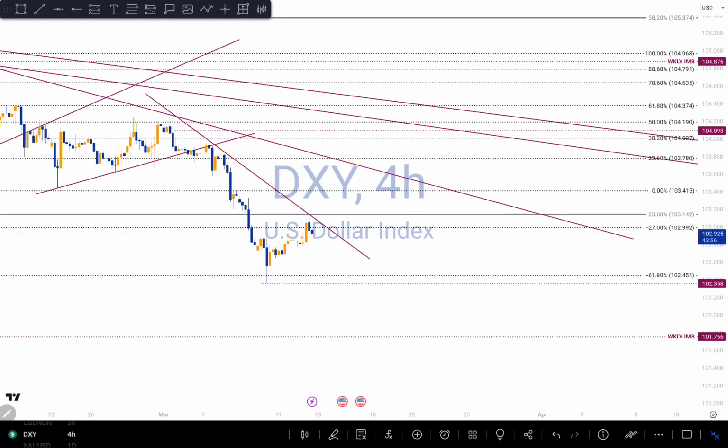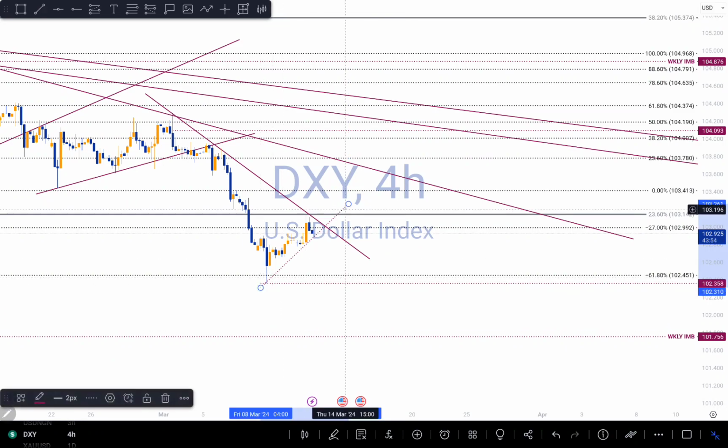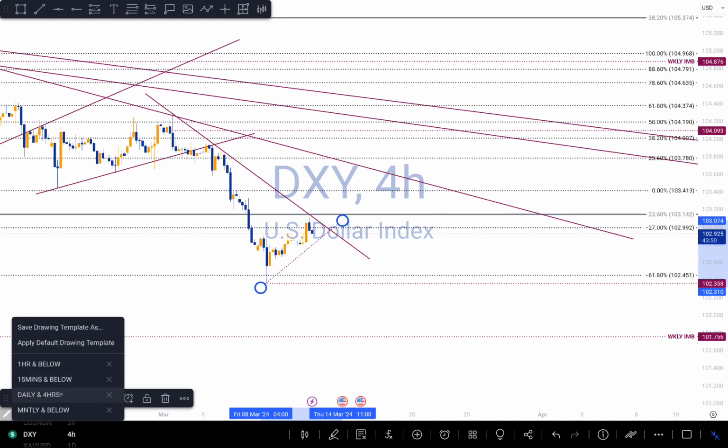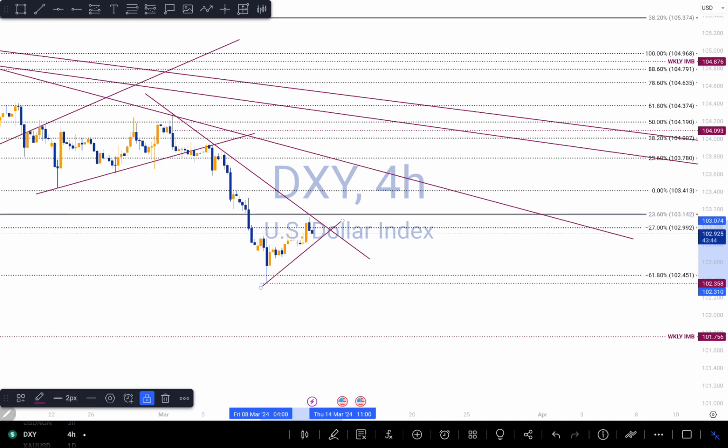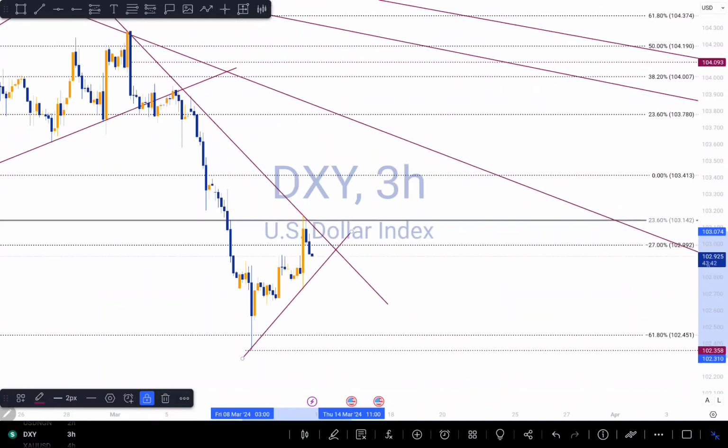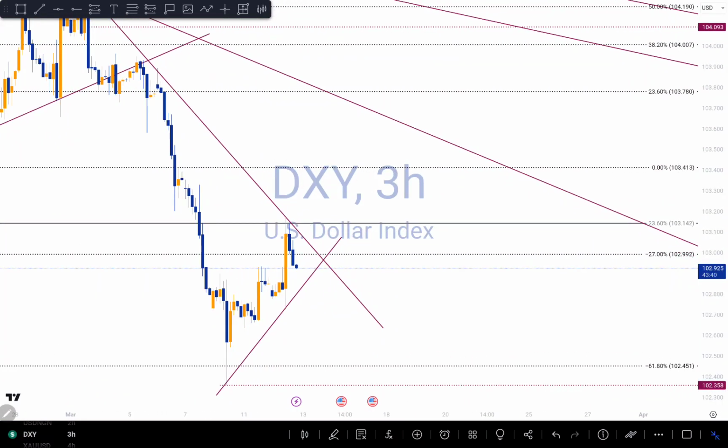So right here I can draw a line from here to here. Let's adjust that, let's go to a smaller time frame and see. So we can see that we are currently around this zone right here, which is a significant zone around that area. So there's still a possibility for it to actually tank to the upside to give us maybe a possible